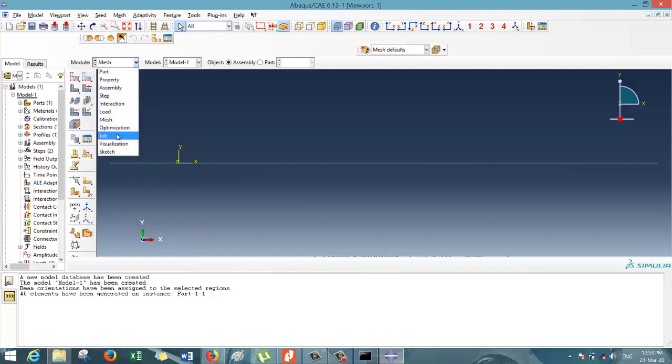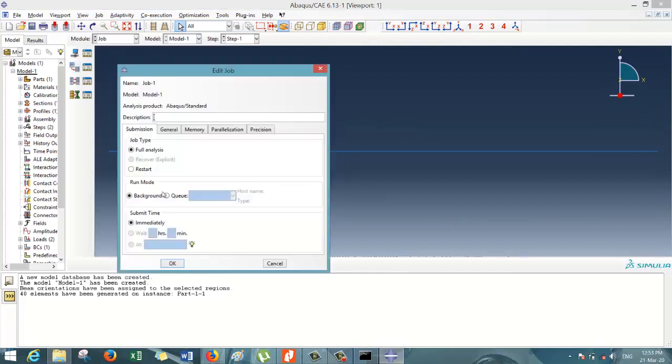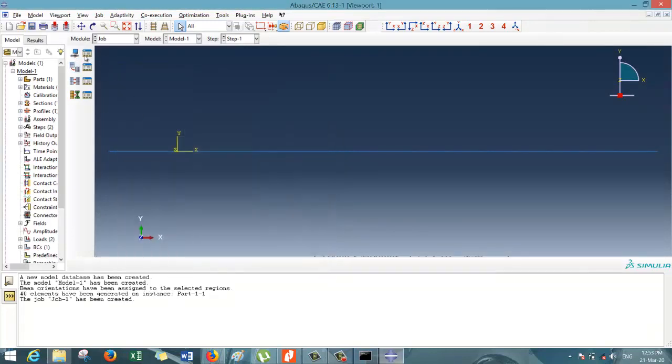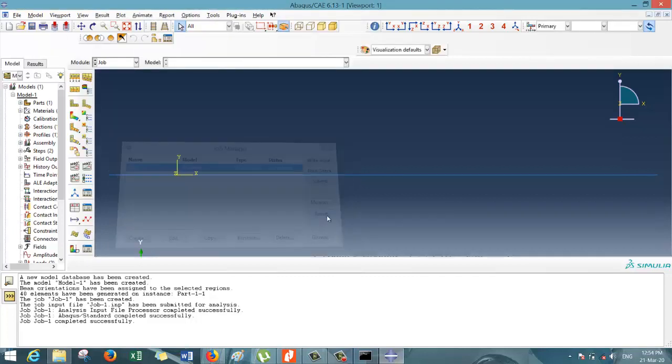Now go to job, create job. Okay, click on job manager, click on submit. Now the data has been submitted for the analysis. Now you can see that the analysis has been completed. Now go to results, click on results over here.